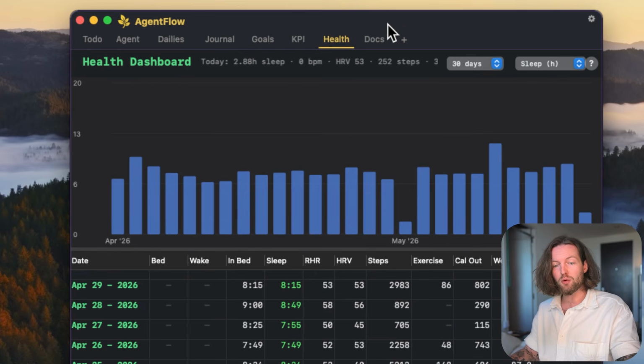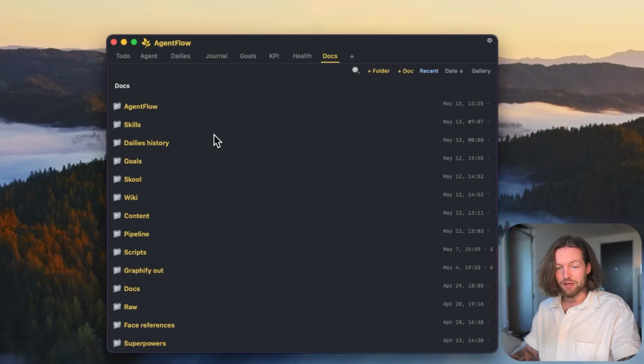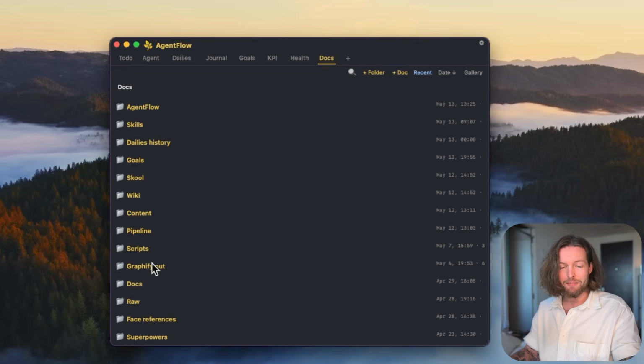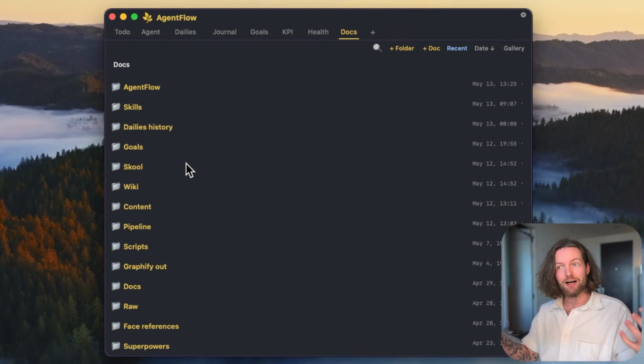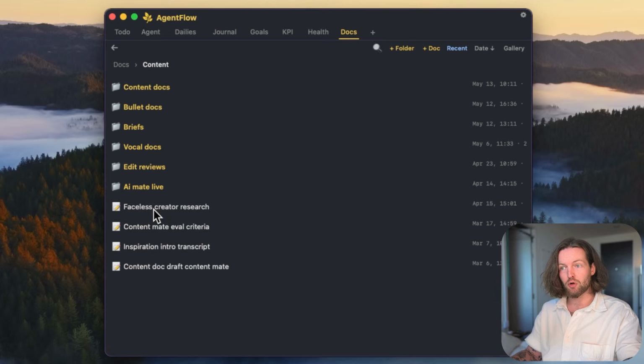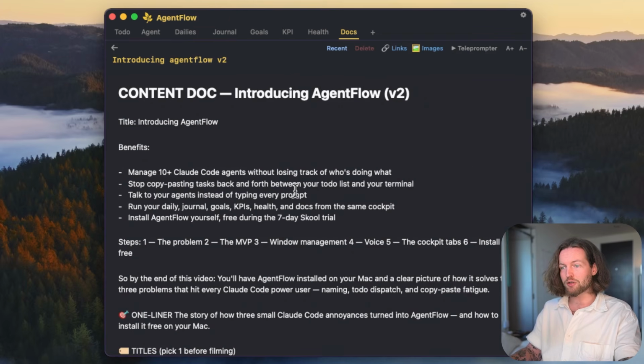But then we reached the docs. And the main issue here being that I don't like Mac Finder. I wish I had a place that I can open MD files and they actually look good. So here, for example, in my content docs, and I'm doing this video right now, the AgentFlow introduction, you can see that we have this